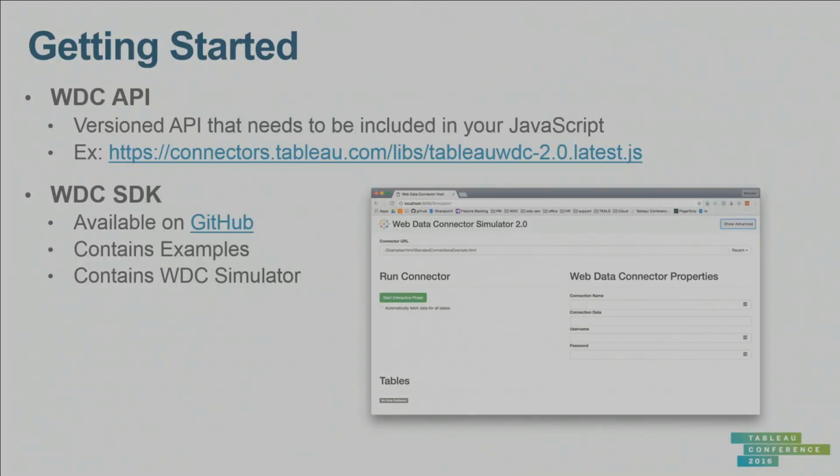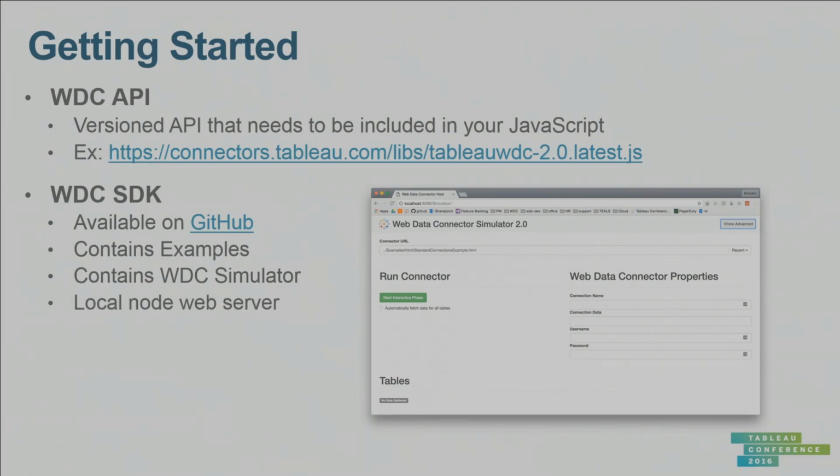Its whole goal is to mirror the Tableau environment, but allow you to debug your code on the fly. You'll load your connector in the simulator, and you'll be able to set breakpoints in your standard development tools that you might be running in Chrome or Firefox. So it's a very natural experience you might be used to when you're doing web development. And we'll see a lot about this in the live walkthrough.